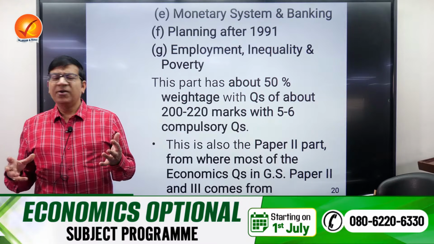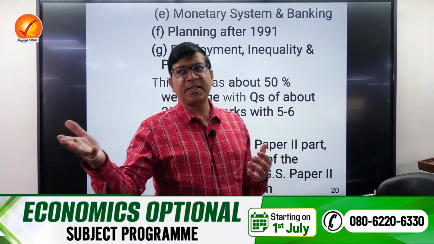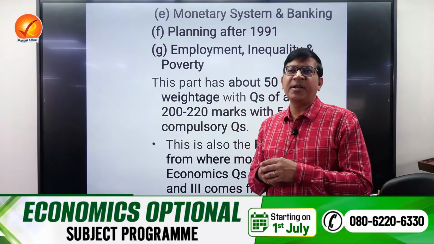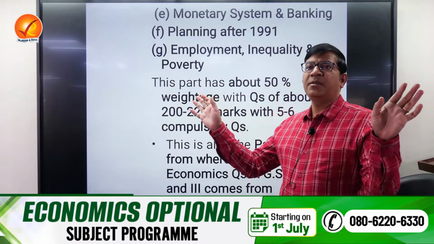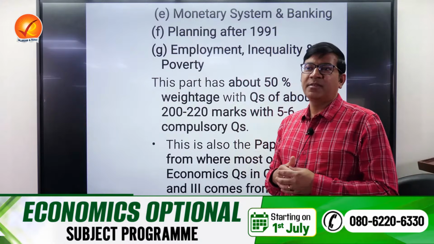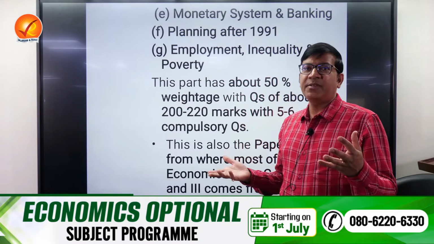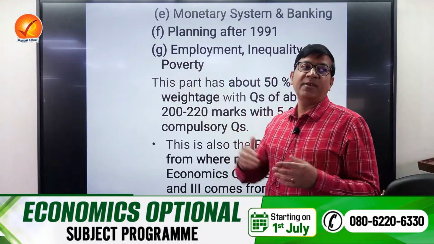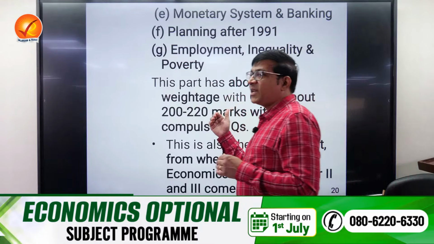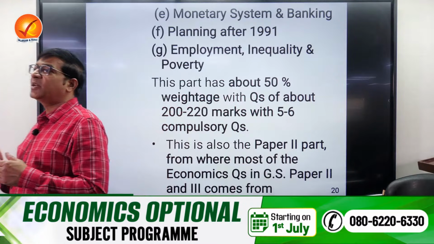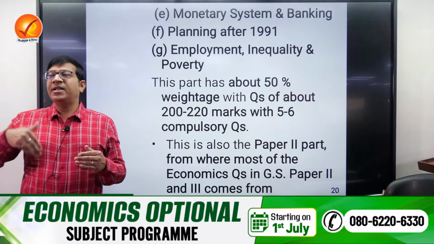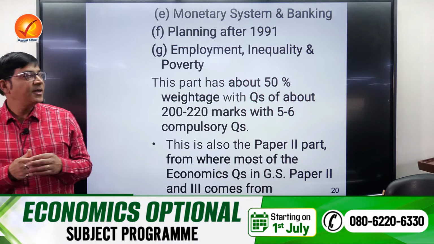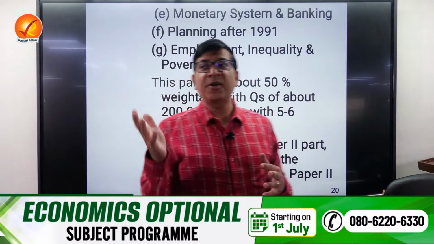Sometimes they do ask questions on current affairs, sometimes on the traditional part. Look into the questions in the last couple of years. You will see questions like, discuss social sector expenditure by government over the last few decades. That is not a current affairs related question at all. For that, you need a broader understanding of post 91. So basically, if you have economics as an optional, you can also handle the GS questions of economics with better confidence.